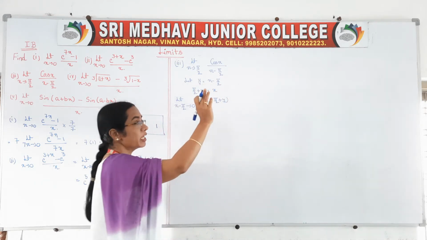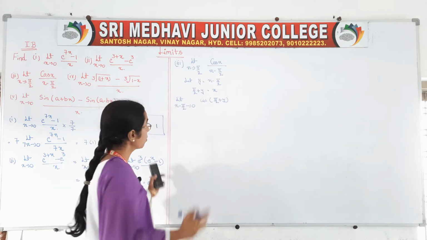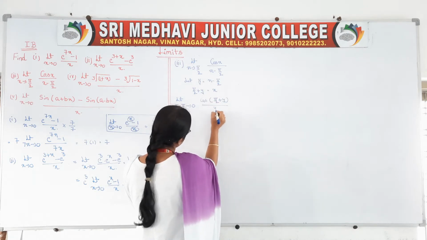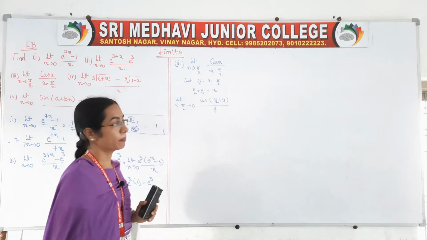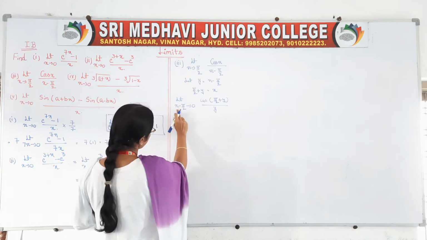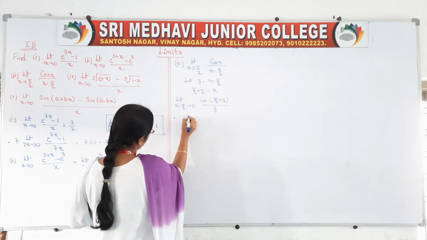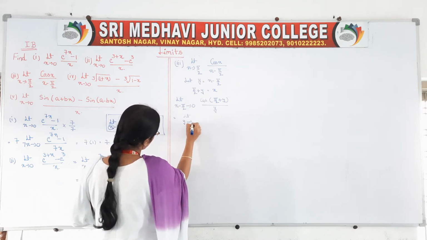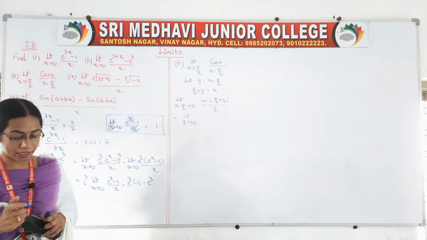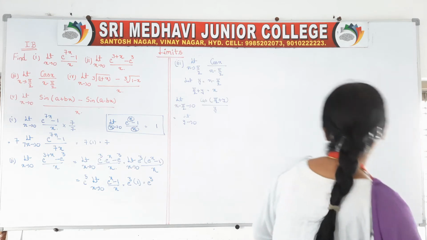With that we got x is equal to pi by 2 plus pi. Okay, what is this x minus pi by 2? We considered that as y. So, again x minus pi by 2 we considered as y. So limit y tends to 0, cos of 90 plus theta, right? The question is cos of 90 plus theta.